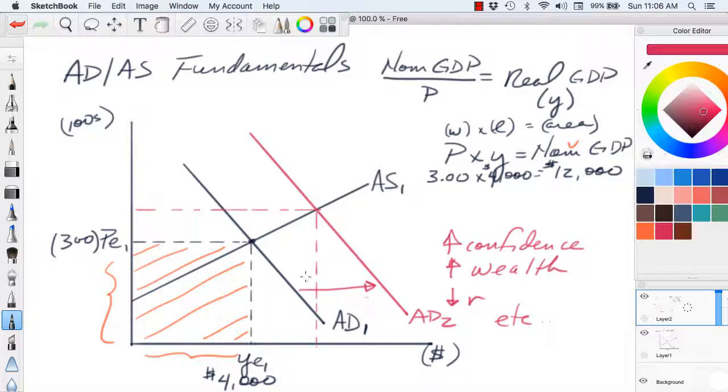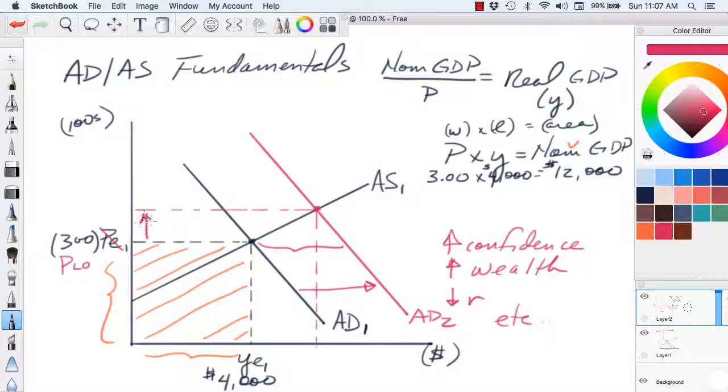Anything that motivates households, businesses, government, and foreigners to purchase more domestic output is going to shift the aggregate demand curve to the right. Well, that will initially create a what? Unplanned inventory reduction, right? Because this price level would be too what? This price level would be too low, right? If the price level is too low, aggregate demand is going to be greater than aggregate supply, and what's going